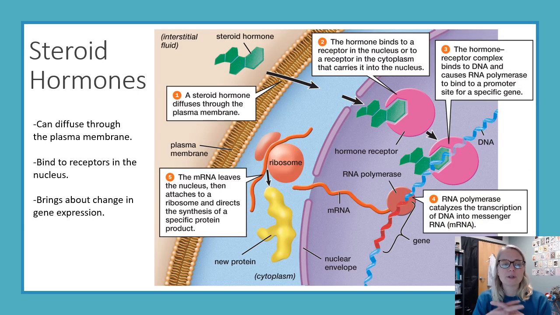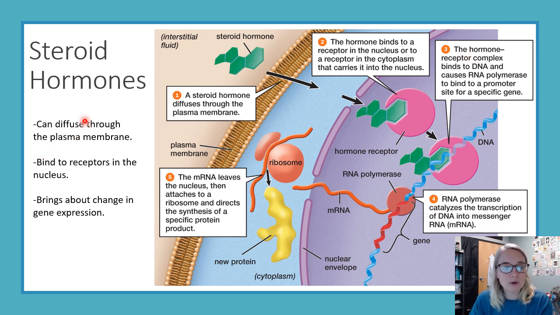So let's focus on steroid hormones. Think of testosterone, like we just saw in the last picture, estrogen, progesterone, cortisol, aldosterone, whatever steroid hormone is your favorite. Let's pretend that's this green guy right here. Here we're outside of the cell in this tan interstitial space. Here's the plasma membrane of the cell, here's our phospholipid bilayer, the cytoplasm is the blue, and the purple is our nucleus. So set yourself in the middle of a cell here.